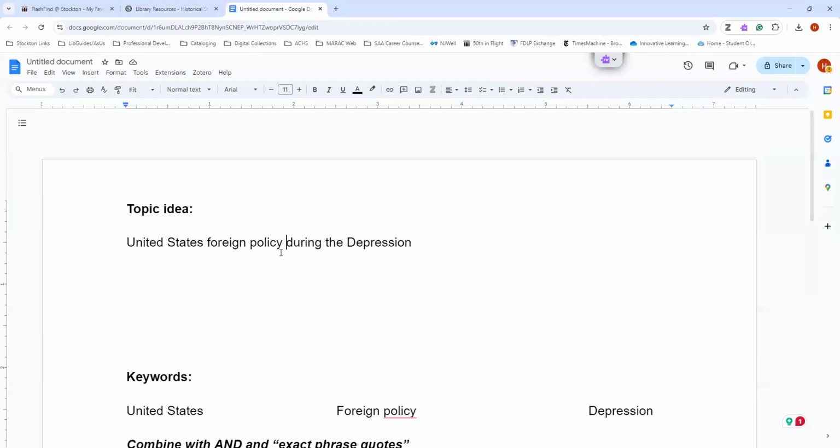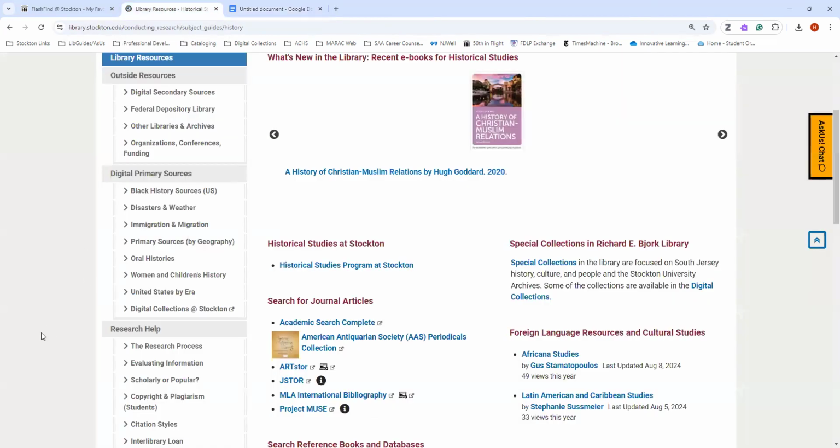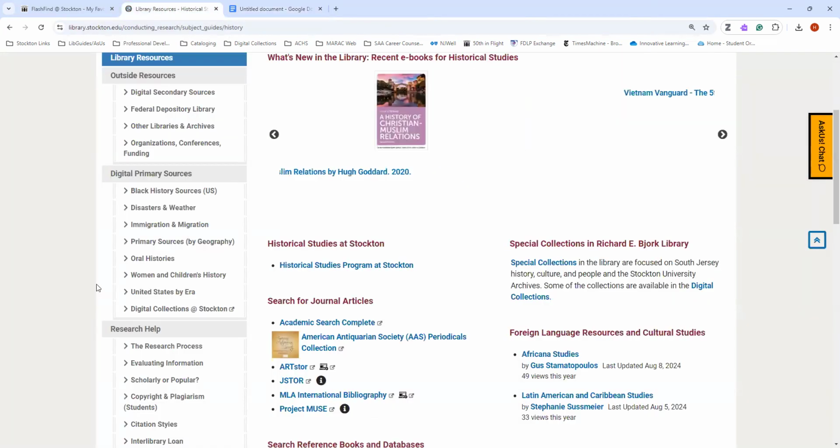So you want to think logically about where you're going to look for those primary source documents. Perhaps you might even have oral history interviews with people that fought in the wars, or people that were working in the State Department during that time period. Some of those resources might be available also. So you want to think logically about where to look for primary sources related to your topic. So let's take a look at